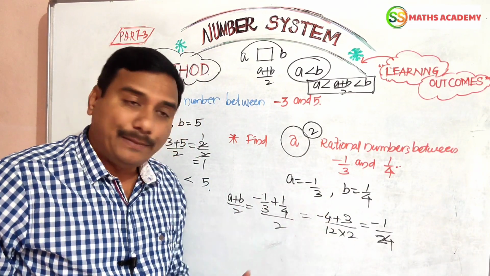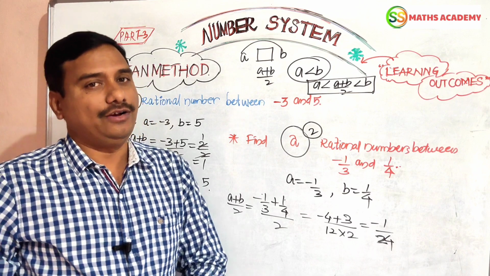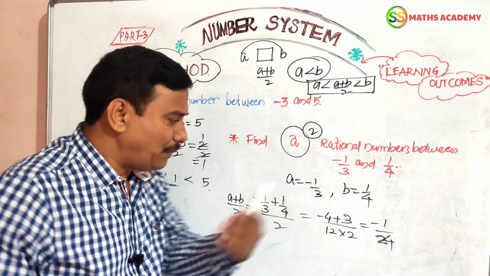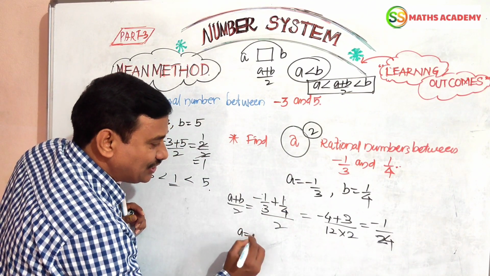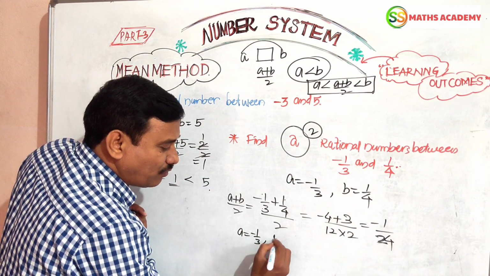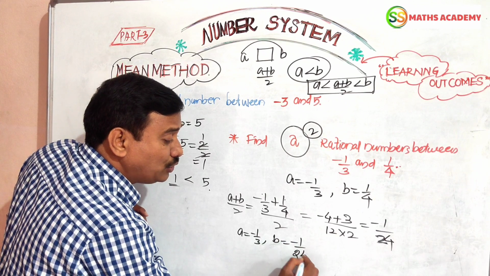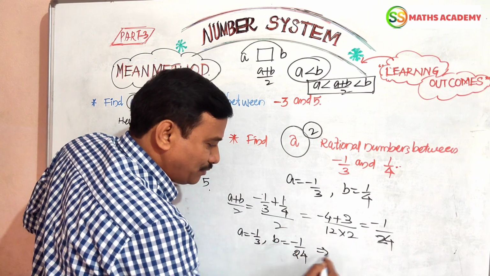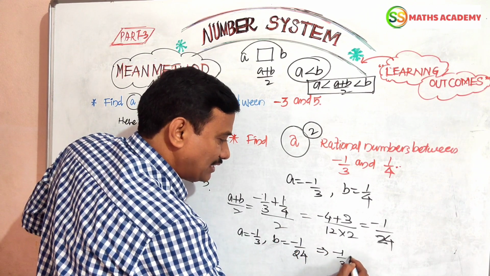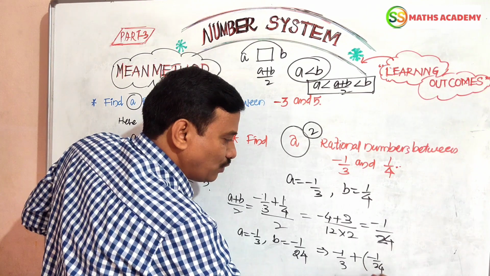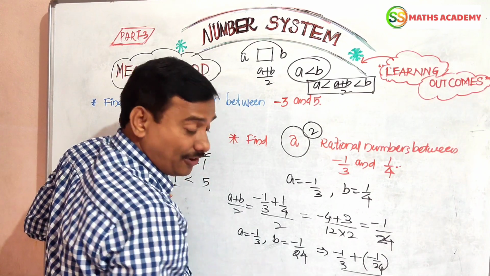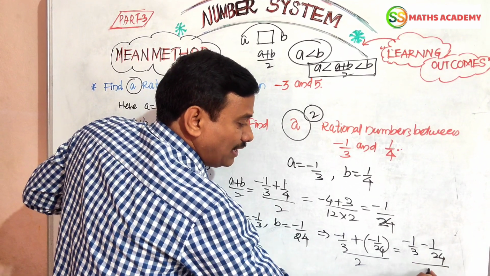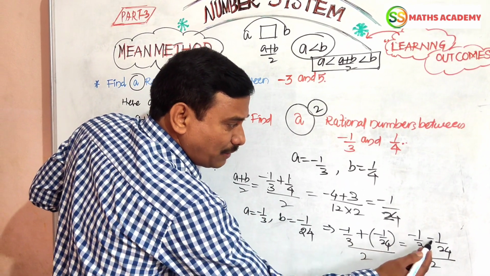Right? I am doing cross multiplication, then I simplify it and I get minus 1 by 24. But suppose he is asking for two rational numbers. Simple. You can take the first number as it is, and what you got as the result is the second number. You should consider it, then apply the same formula, dear friends, (A plus B) by 2, which means minus 1 by 3 plus minus 1 by 24, by 2. Right? Now minus 1 by 3 minus 1 by 24, by 2. They are plus into minus only.